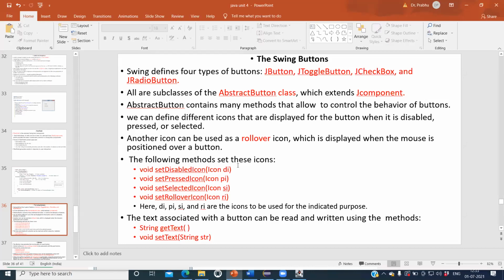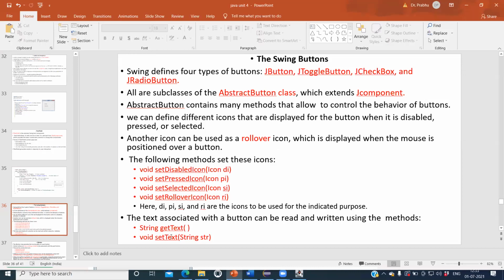Now, with respect to those icons and buttons, there are methods. If you want to use the button with an icon, you can use all these methods. Next, if you want to use the button with a string, then you can use these methods: getString and setString.